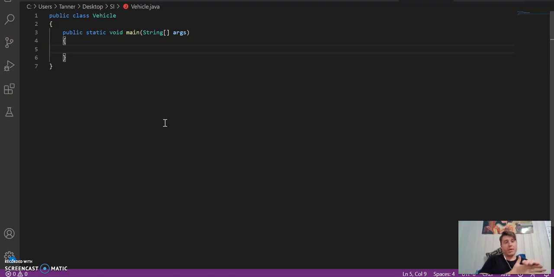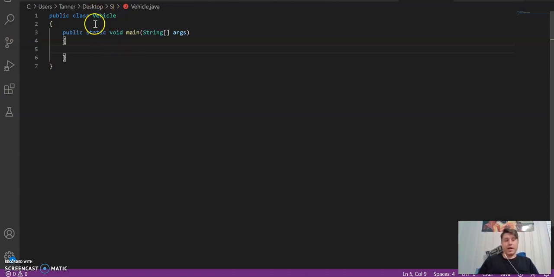So today what we're going to be going over is classes and creating objects. So really what we're going to cover is creating a constructor. That's a method that constructs an object in Java. And then we're going to do the toString method, which will print out all the data that we have within our object. So as you can see here, I have a public class vehicle,